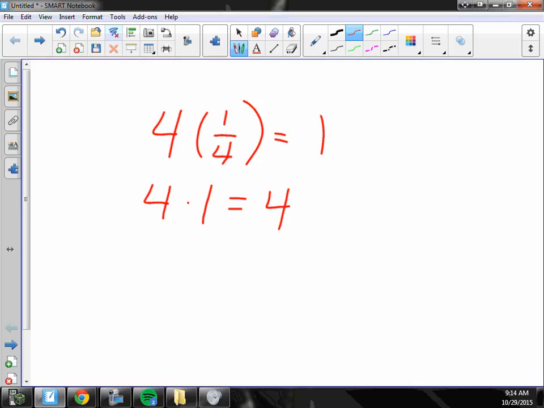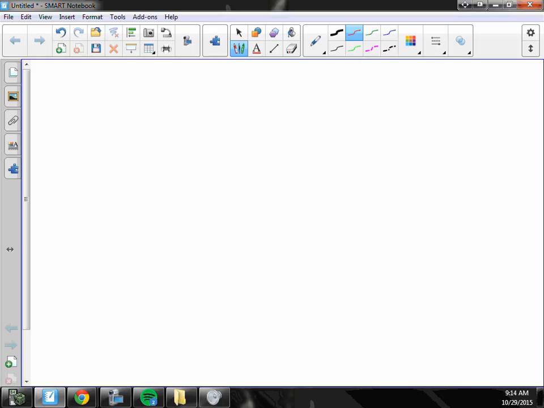We can also do inverse operations. If I had 4 to the second, what is the inverse of squaring something? Square rooting. So that would be the inverse. Okay? With functions,